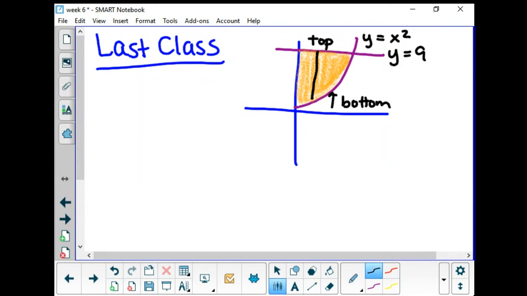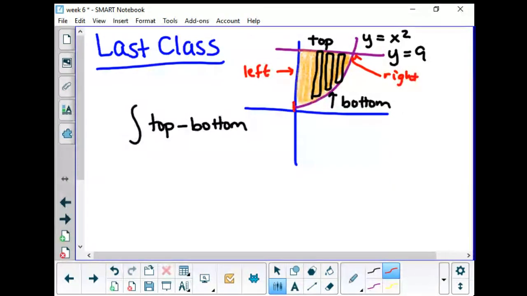If we kind of thought about doing little rectangles inside here, kind of going from the top to the bottom, and that was going to be part of how we set up our integral, that we would integrate the difference between that sort of the area region. Those would be x values. So